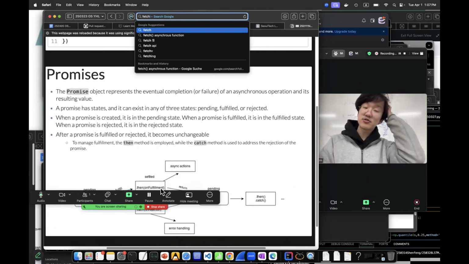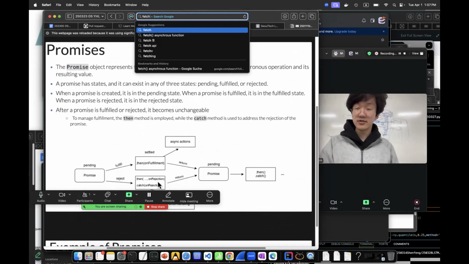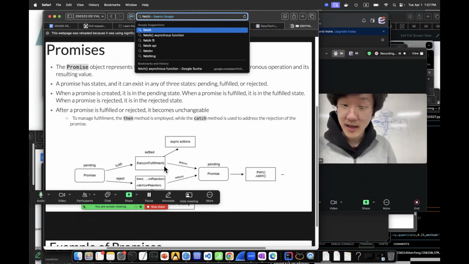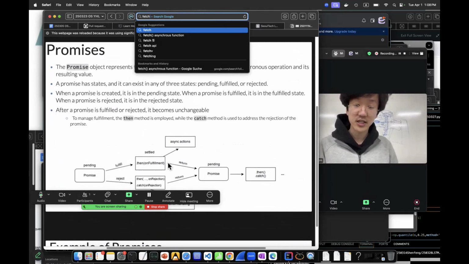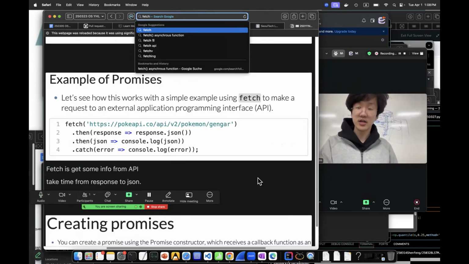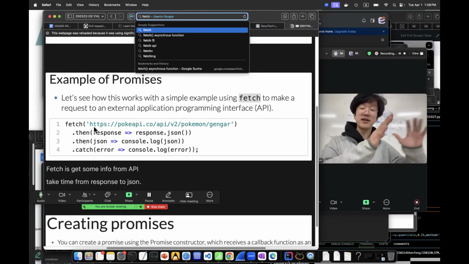Promise is an object to handle asynchronous situations. With this object there will be .then and .then, so if there is an error, you can catch it, and if not, you can continue. So you can use .then and .catch. This is using a promise. Fetch is getting data from an API.